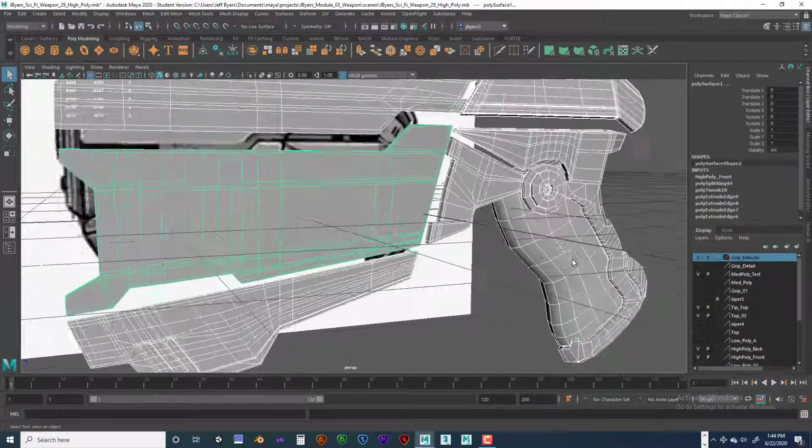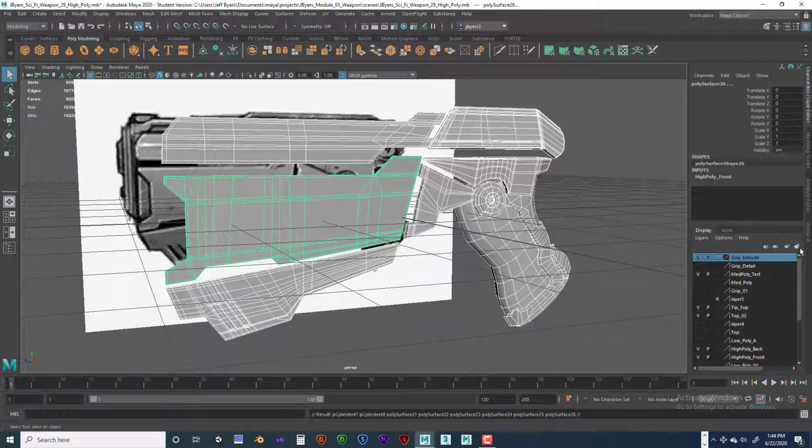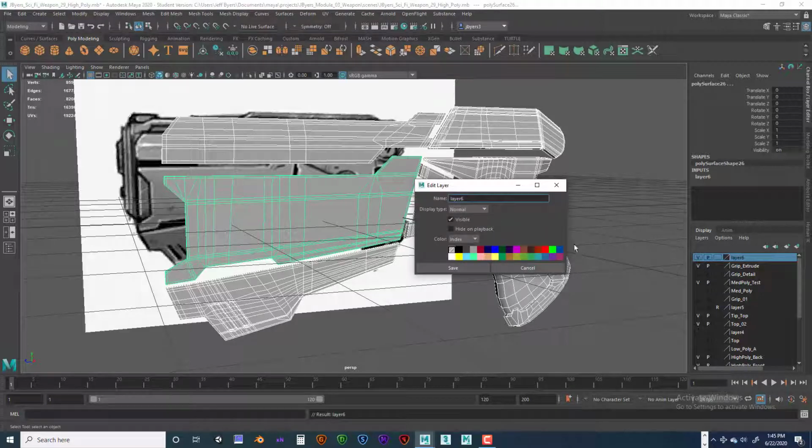And let's look at how we can get this in a layer. So select everything. I'm going to do a Control D, duplicate. I like to duplicate a lot of stuff. Click on this guy right here where it says create a new layer and assign selected objects. What it does is it creates a new layer and assigns what I've selected. Okay, I think you all know that, but I just wanted to double check. I'm going to right click on this and type in